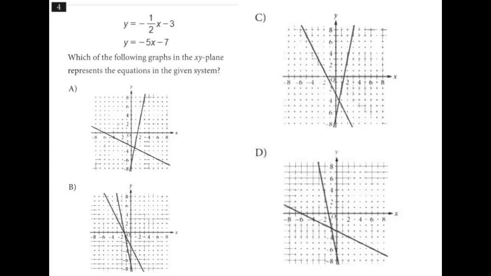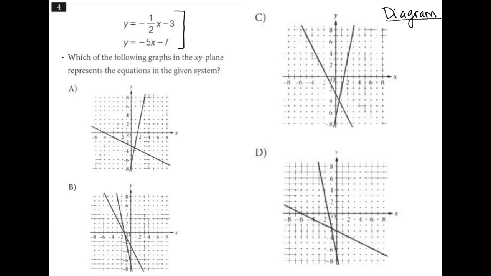So this question starts off with this system of equations here. The question says, which of the following graphs in the xy plane represents the equations in the given system? So in essence, this is kind of like a diagram question, although there isn't a diagram in the question itself. All of our answer choices are visual. They're all graphs. All we need to do here is make sure we understand how to read a slope-intercept form